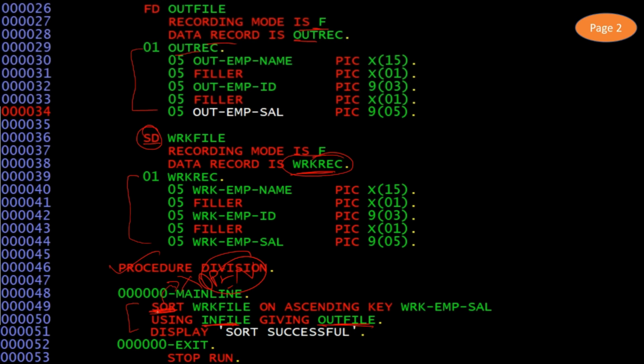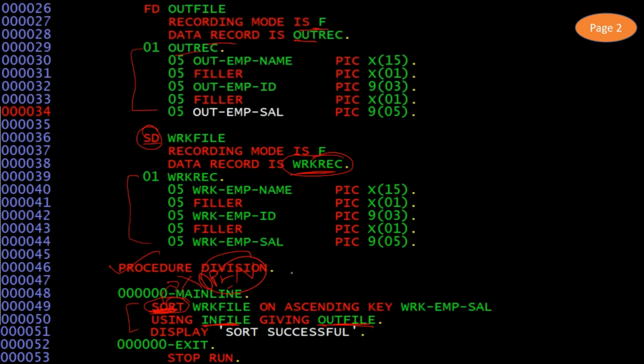So what happens is that sort will call some process, and in that process it will open the in file and out file in the background only, limited to that sort processing. So it will be opened automatically here. In this program I am telling you.